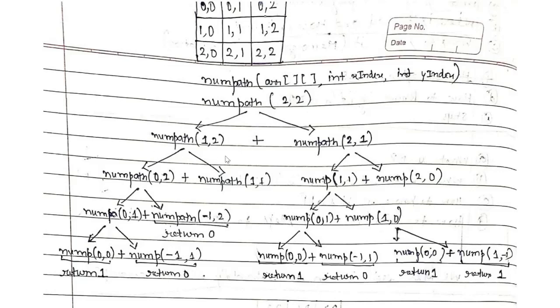And what does this whole subproblem signify? The whole subproblem signifies that just tell me the number of paths from source to reach this 1 comma 2. The same way, what does this subproblem signify? This subproblem signifies that just tell me the number of paths to reach 2 comma 1 from the source, and then I would be adding it.